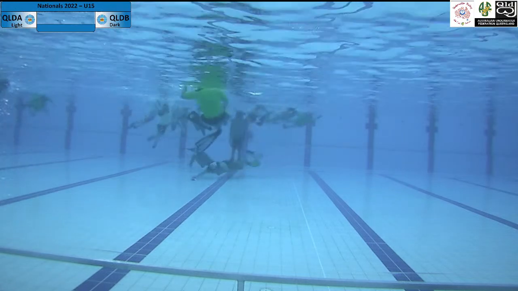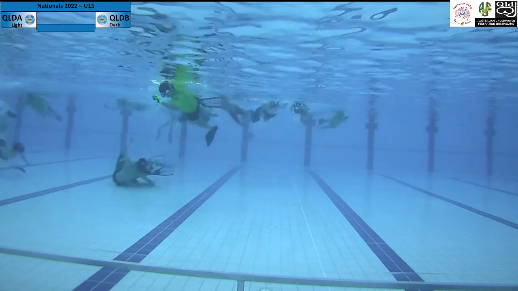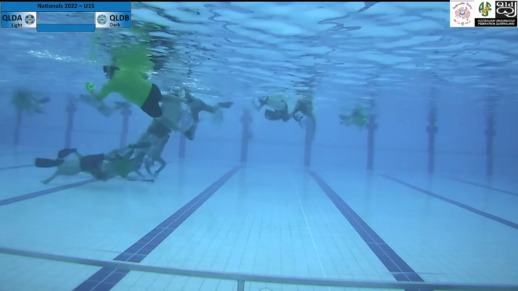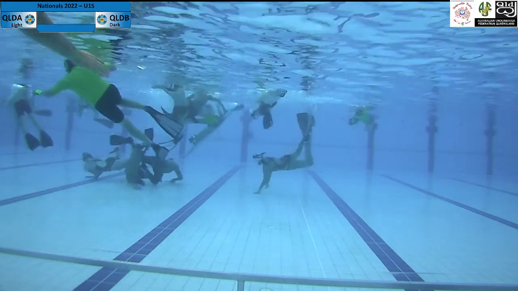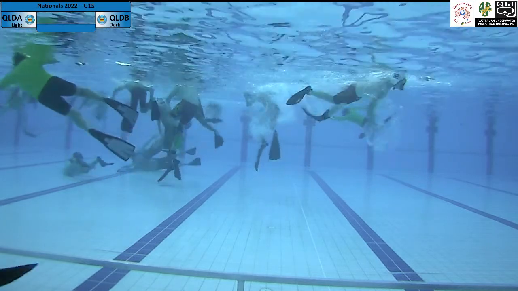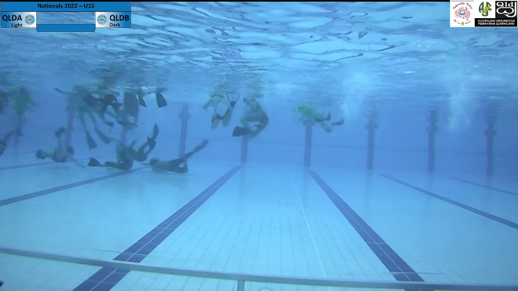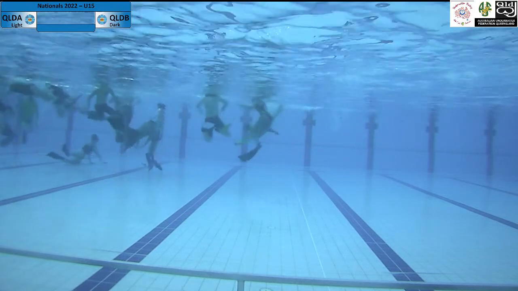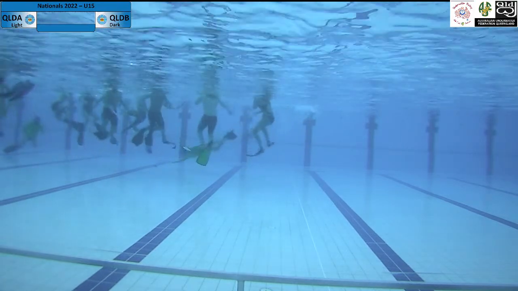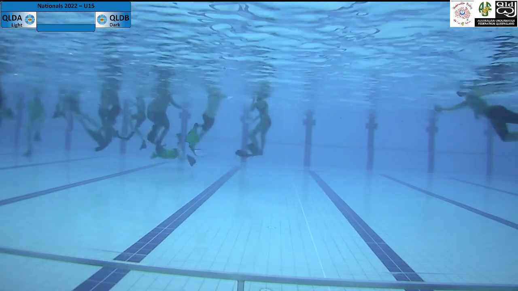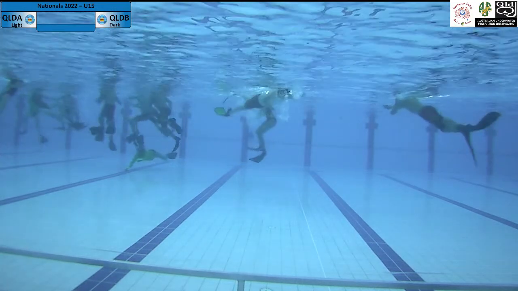What a man. So we've resumed from the timeout, and the Queensland B team, I think, are swimming from right to left, and they're doing a really good job to put some pressure on the other team. You can see that puck is all the way across that far side of the wall now, playing down that wall.